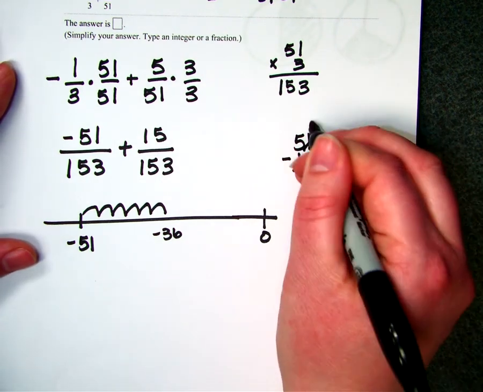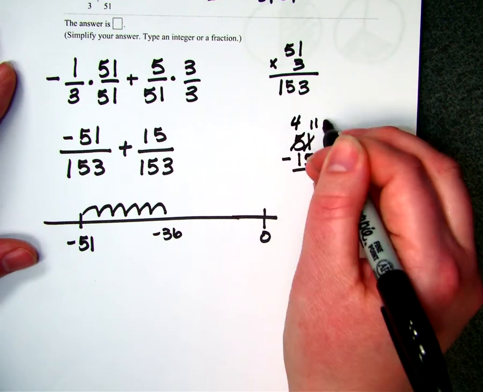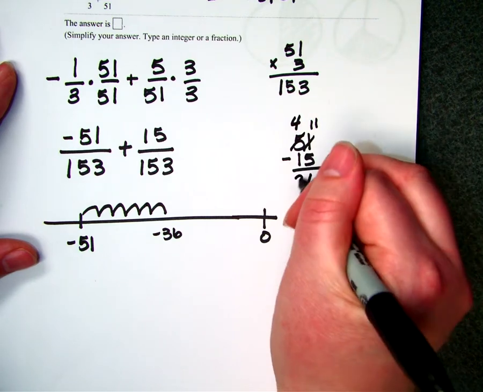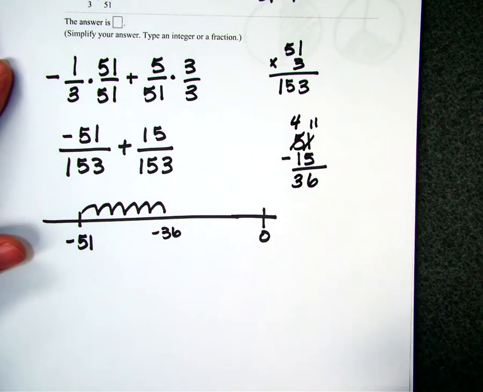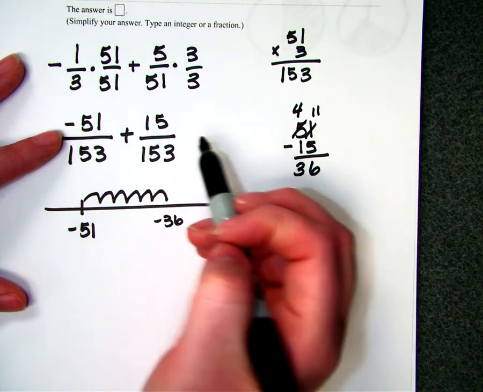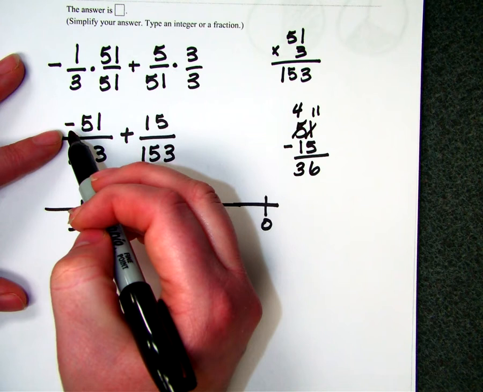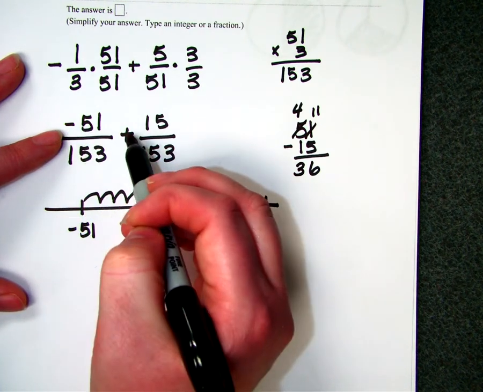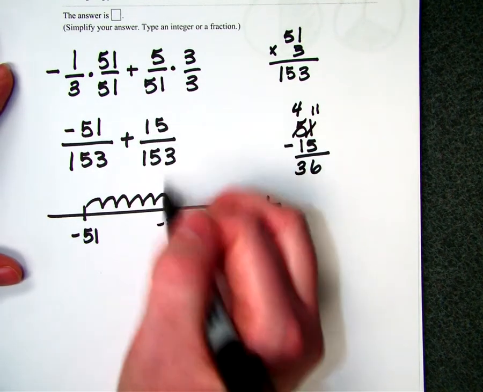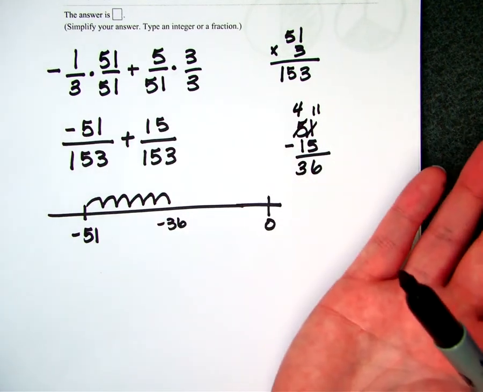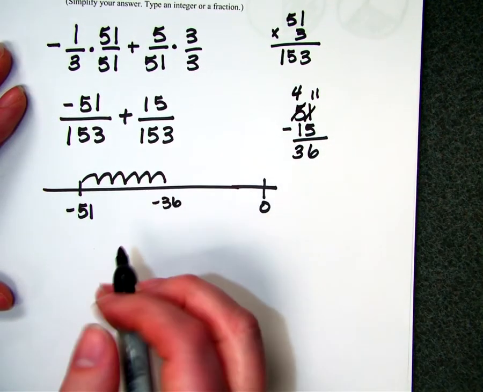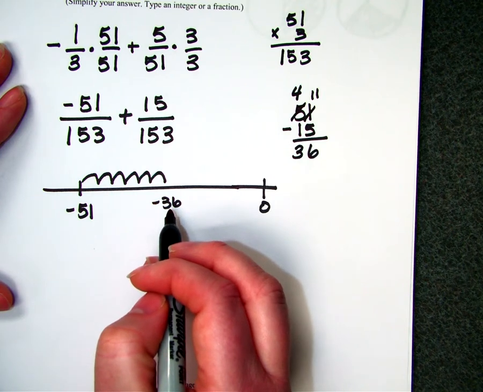But if we subtract, we have 11 minus 5, which is 6, and 4 minus 1, which is 3, so 36. So there's that negative 36, because we haven't actually gone above and beyond what we're in debt. So we're in debt $51, and somebody gave us $15, so we would be less in debt, but we're not totally out of debt yet. So we're still in debt, but now it's only $36 instead of the $51 originally. So we're still at negative 36,